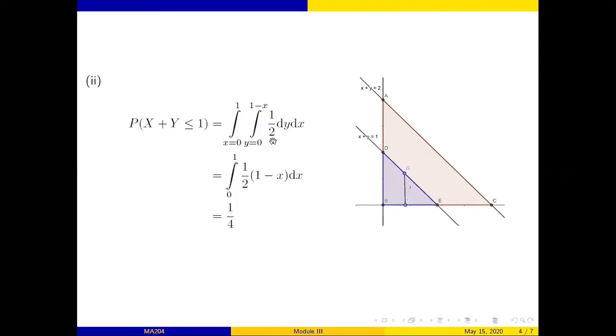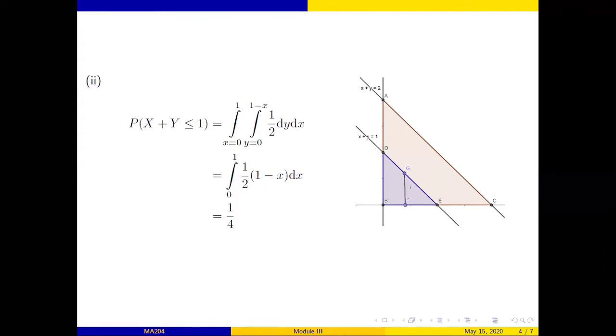We have to consider the joint PDF 1 by 2. We have to make use of double integration since we are going to consider both x and y. So you can integrate according to your choice. Here I am integrating it in the order dy dx. First integration is with respect to y, keeping x as a constant. And that is why I have drawn a vertical line over this region,